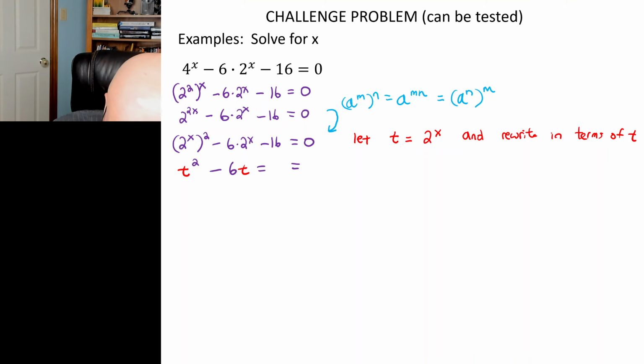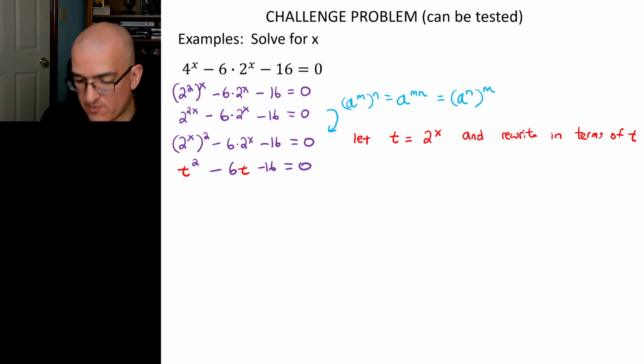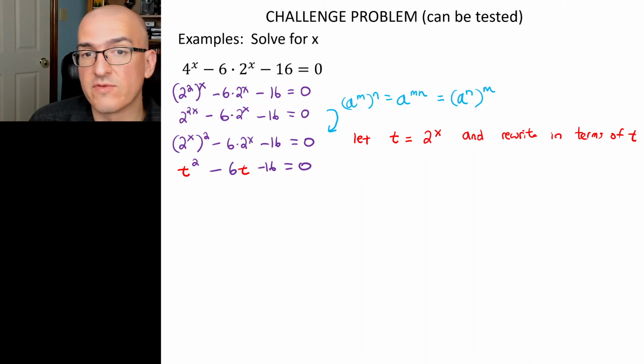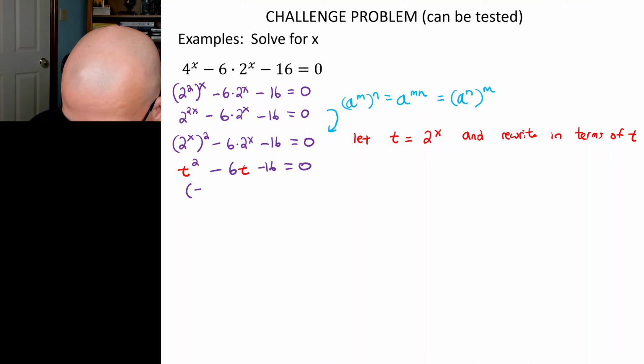Well, minus 16, not equal 16. Well, it is equal to 16, but I don't do that yet. Don't want to do any rearranging. All right, and this should look much more normal. This is a quadratic. We can factor it. We can solve this quadratic by factoring. We get t